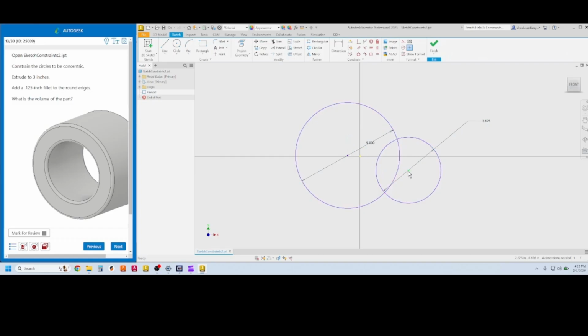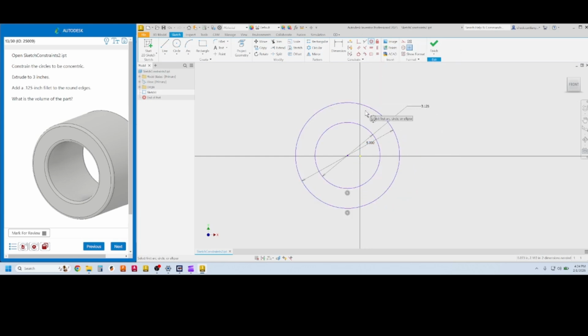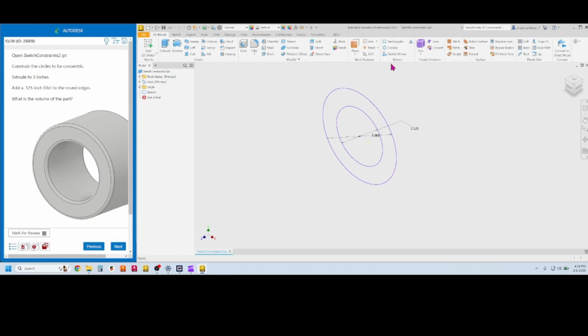Okay, now I've got this, and now I can go in, double click the sketch, go in here. Now I could just drag this over and drop it on there. They want us to make it concentric, so we'll do that. So concentric is up here, our little bullseye. Concentric, click this circle and that circle, and that makes them concentric. Looks like a bullseye. Of course, why they wouldn't have drawn at least one of these circles at the origin, I don't know, but it won't affect the volume of the part, so we are not going to mess with it. Finish it, we extrude it,